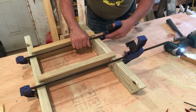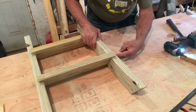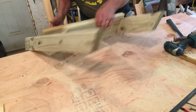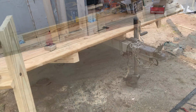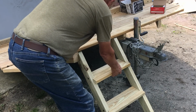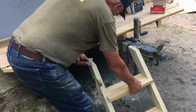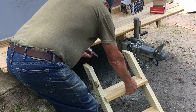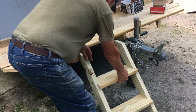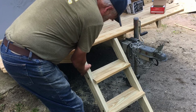Okay. There we go. I'm going to add some more smaller screws on each side, just for strength. Let's go ahead and see how it looks. So it's intended to go like this. This T-strap will mount on top of here, on top like that, and underneath like that. I'm going to have to lag bolt or bolt that in. But anyway, let's check. So if I bring it flush to there,